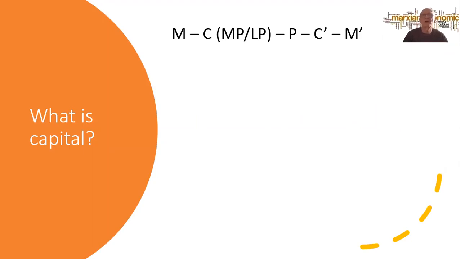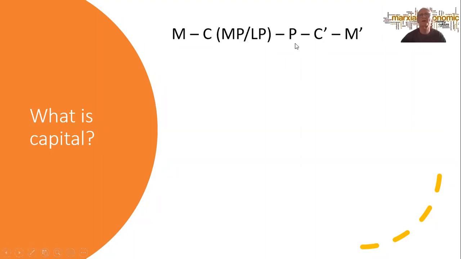So in this top line here, you can see that M stands for money. So a capitalist has the money. They start off with the money and they buy some commodities, C. What are those commodities? Well, those commodities are the means of production, which is the factories, the offices, the technology, and also the raw materials, and also labor power. That's you and me putting us to work in order to produce commodities and extra value.